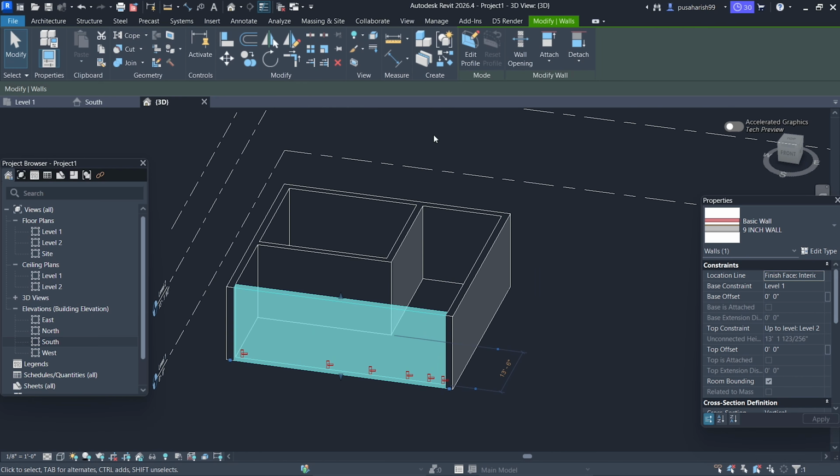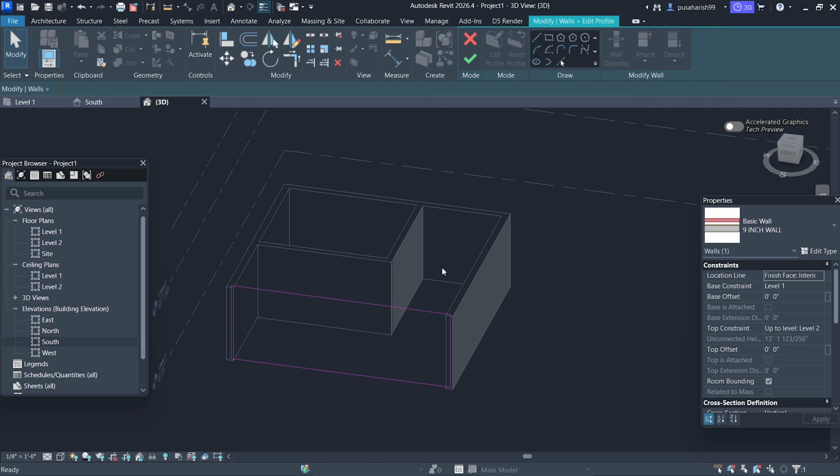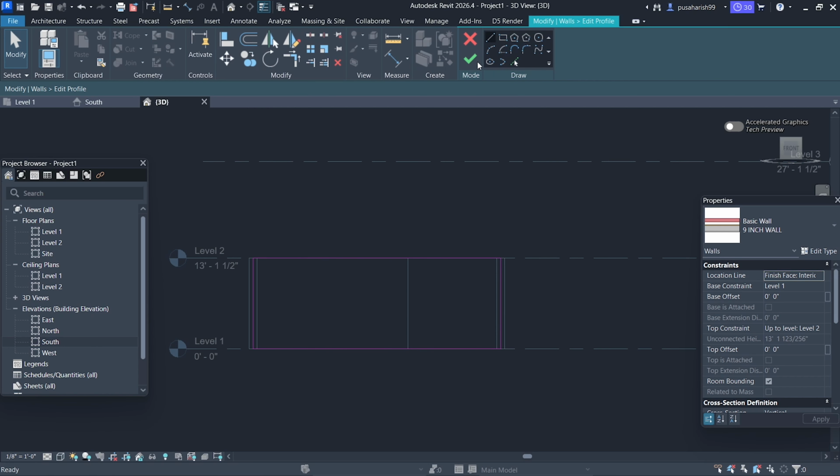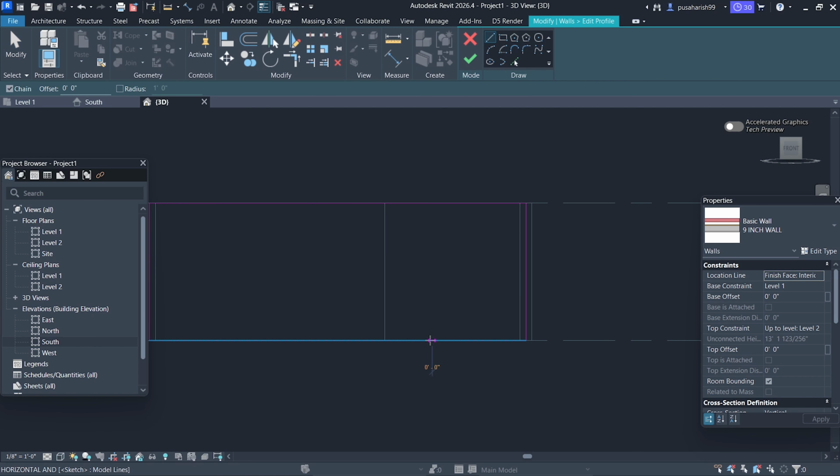So if you want wall opening in design, for that go to 3D view, select this wall where you need design, click on edit profile, the wall profile will open. Keep front view. Now you have to work on this plane. First select a line, join these two lines. First draw lines like this. So when I'm drawing a random design,